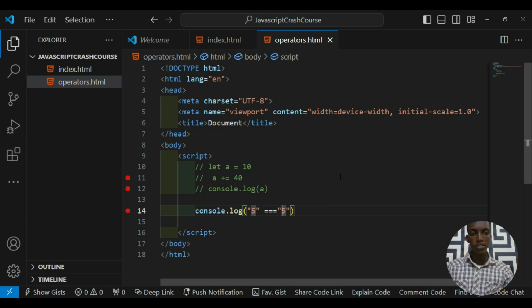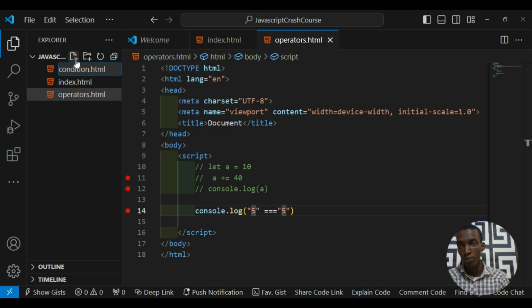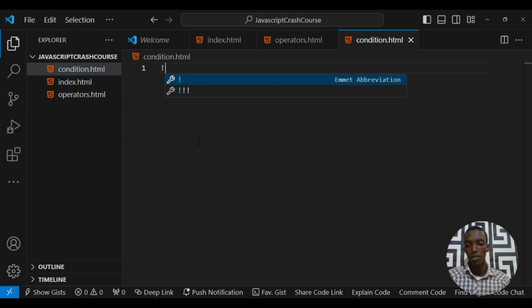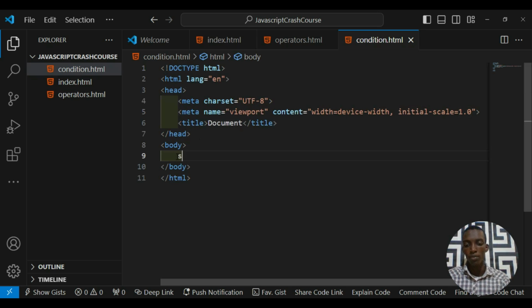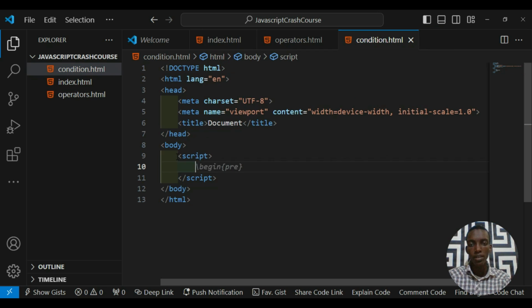So let's practice this. Let's make a practical of this. Now let's create a new file. Let's say condition.html. Now let's have this here. I could say script. In this place I could say, let's start with this, let a equal to, let's say, 10. Once you run a condition,